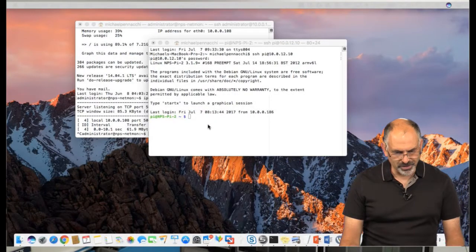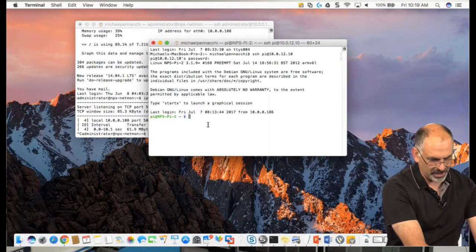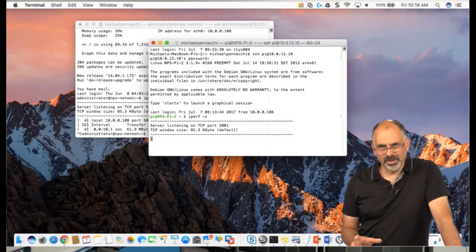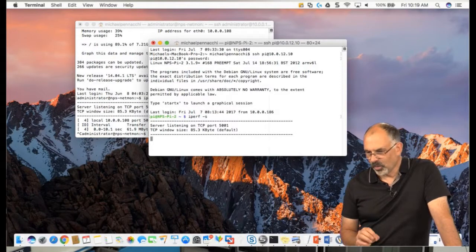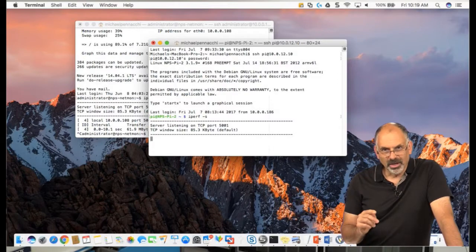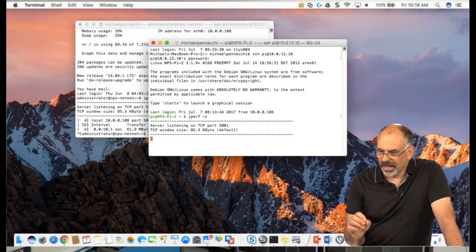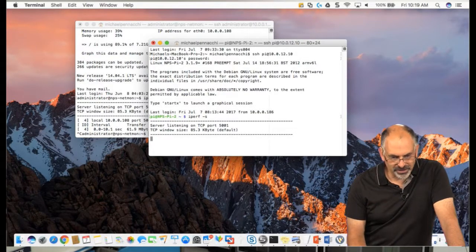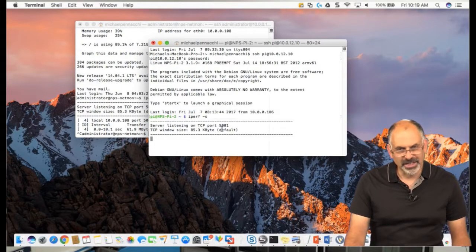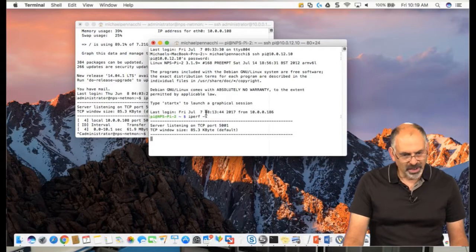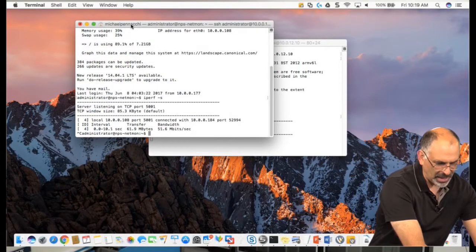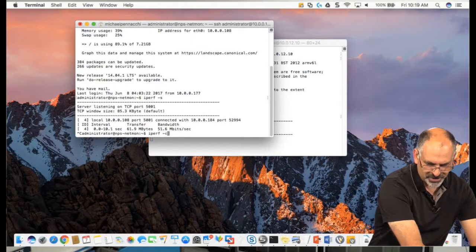So what I'm going to do is on that Raspberry Pi, I'm going to say iperf -s. Now when I do an iperf -s, this starts listening on port 5001. It shows us right here, it's listening on port 5001, and it's waiting for a connection. So I'm going to come back, and I'm going to say iperf -c